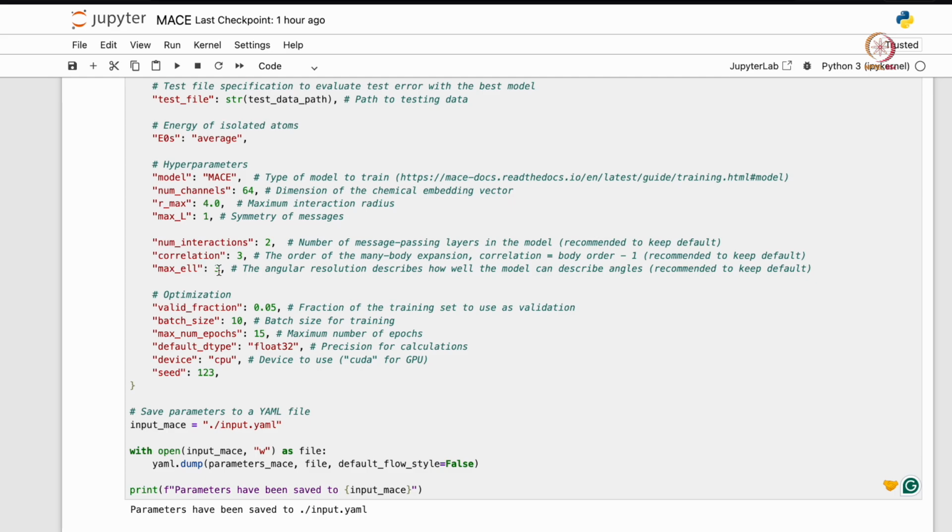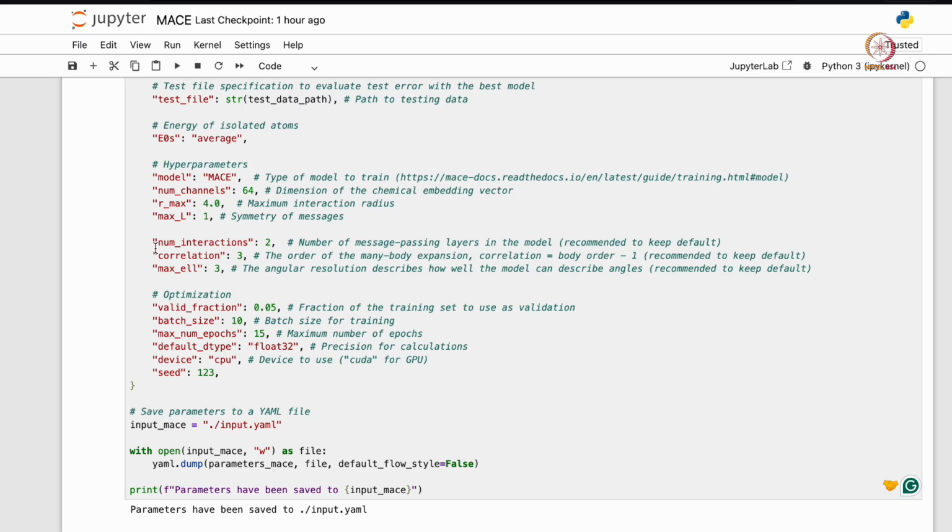And this max L is the angular resolution. Okay, so it's set at maximum, which is 3. So it's the precision with which the angular resolutions are captured. Okay, so think of perovskites. So they can have cubic structure or the tetragonal structure with very finer angular displacements of the central atom. If you have higher angular resolution, those small displacements will be captured correctly. Okay, so here we are setting it at max resolution.